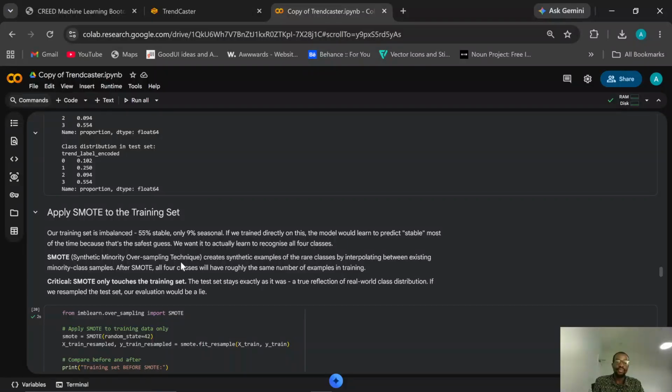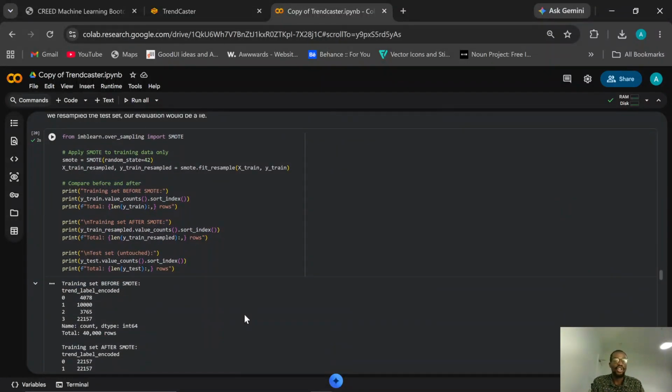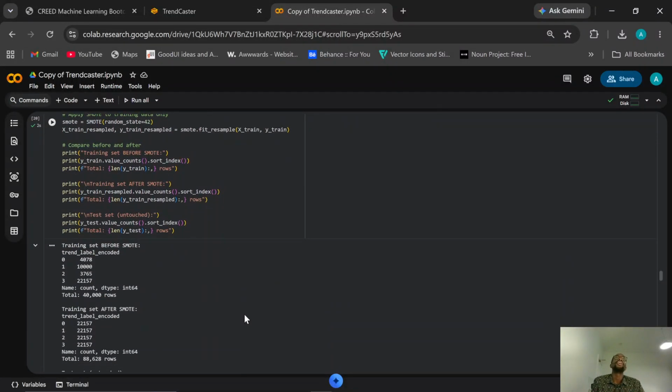SMOTE, which stands for the Synthetic Minority Over-sampling Technique, creates synthetic examples of the rare cases and makes the data balanced. I gave them an analogy that SMOTE is like using sandpaper to smooth rough edges.